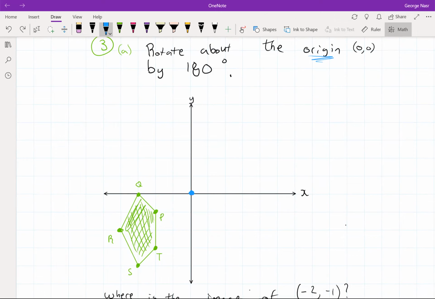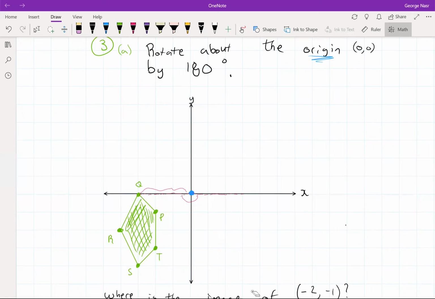So let's just do this systematically, one at a time, and I think it won't be too bad. Okay, so let's start with Q. How do we rotate again about a point? Let's draw a line, and now I want to form a 180-degree angle. Remember, 180 degrees forms a straight line. And now this distance here gets moved over here. So 1, 2, 3, 1, 2, 3. So Q prime,